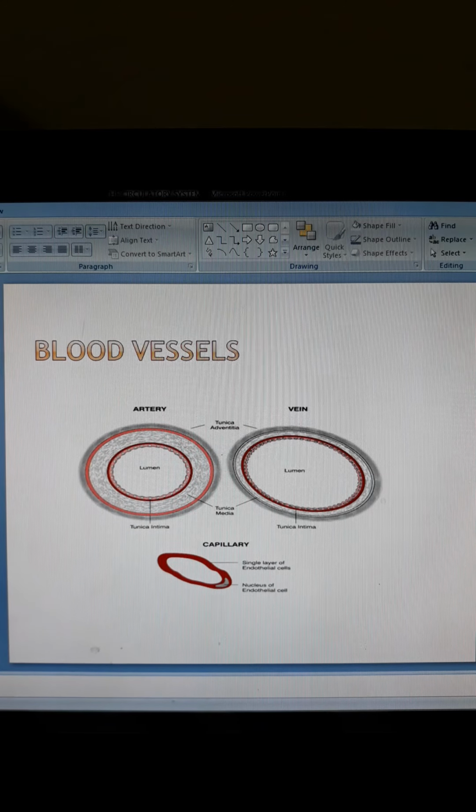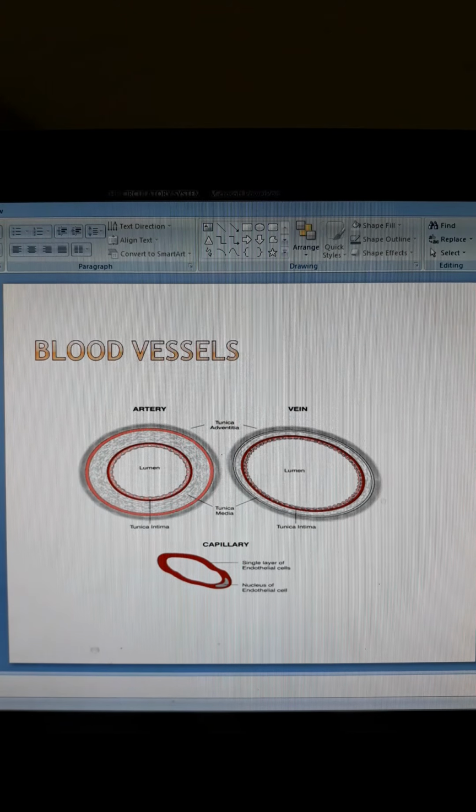Fine, children. Now we come to the third type of blood vessel, that is the capillaries. These capillaries are thin walled and single cell in thickness, narrow vessels. They are present at the junctions of arteries and veins. Now the walls of these capillaries are very thin. They do not have tunica externa and tunica media. They have just the tunica interna, that is the internal layer only.